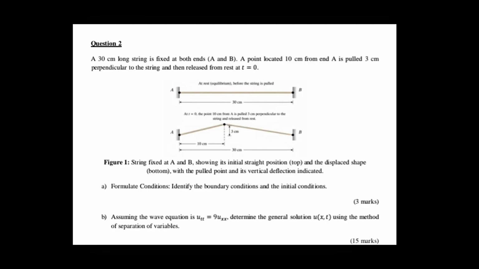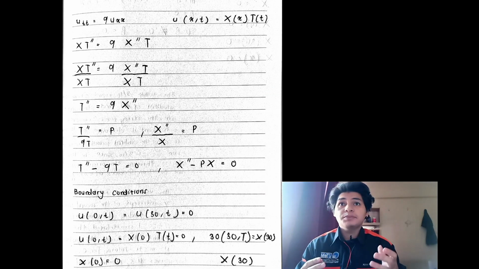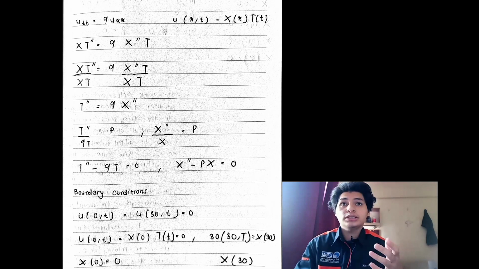For question 2, part B, I use the method of separation of variables to solve the wave equation u_tt = 9u_xx. First, I assume the solution is u(x,t) = X(x)T(t). Then I substitute this into the wave equation. After dividing by X(x)T(t),